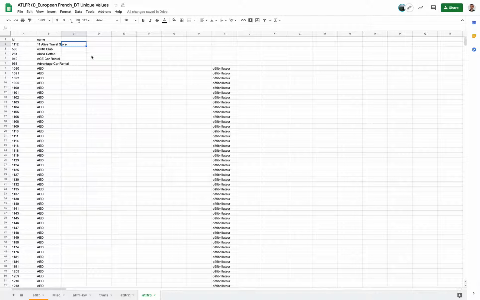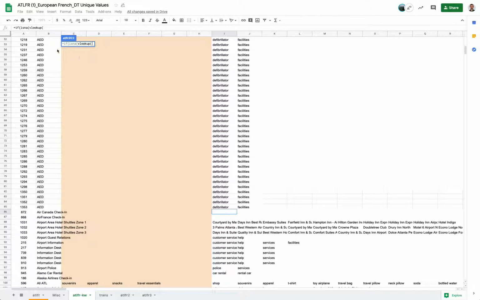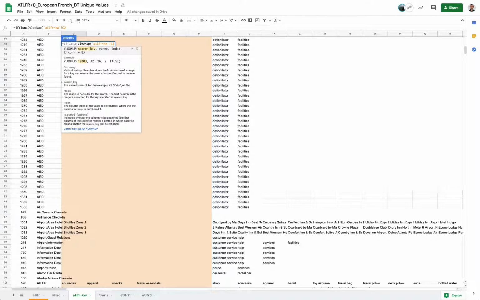So at first I'm going to say equals if is NA, VLOOKUP. Now we go and find C2 in the source table. C2, and you just have to do this trick again where you click over, in this case to the left, and you see it's B53. That's not what we want. We want actually not C53, we want C2. So I can just edit it